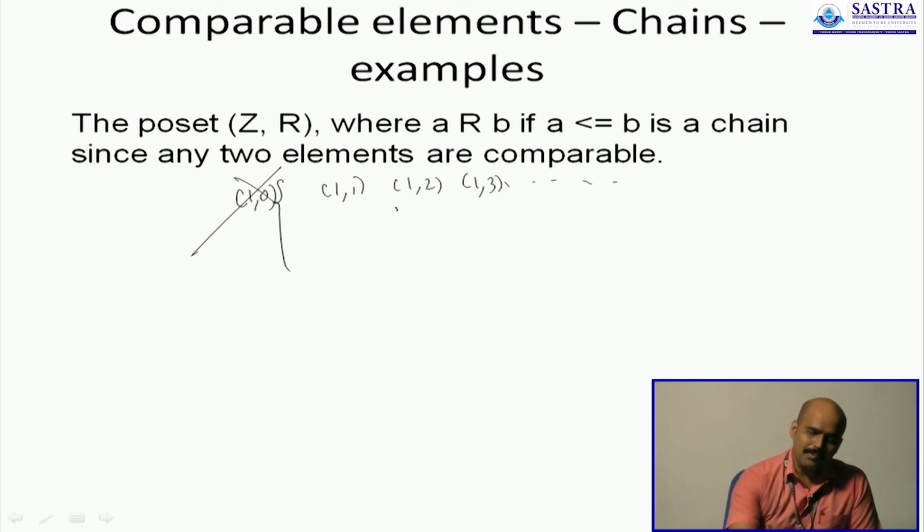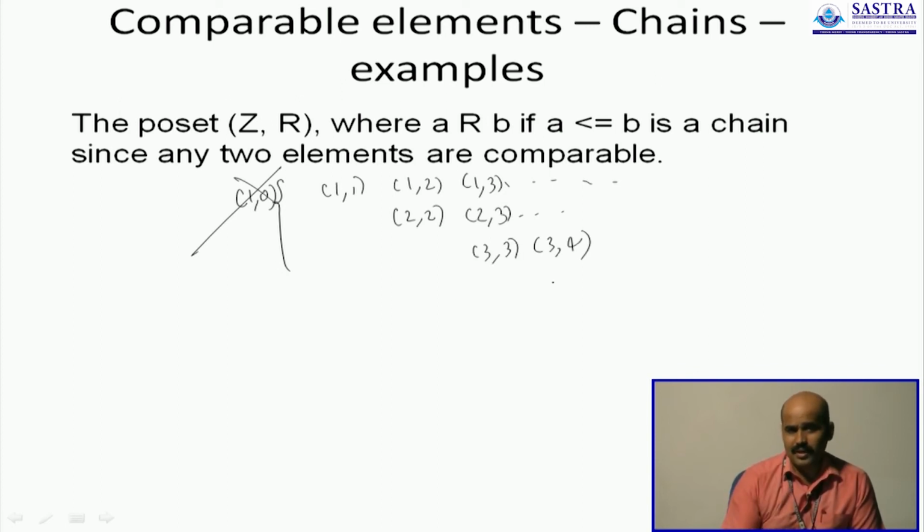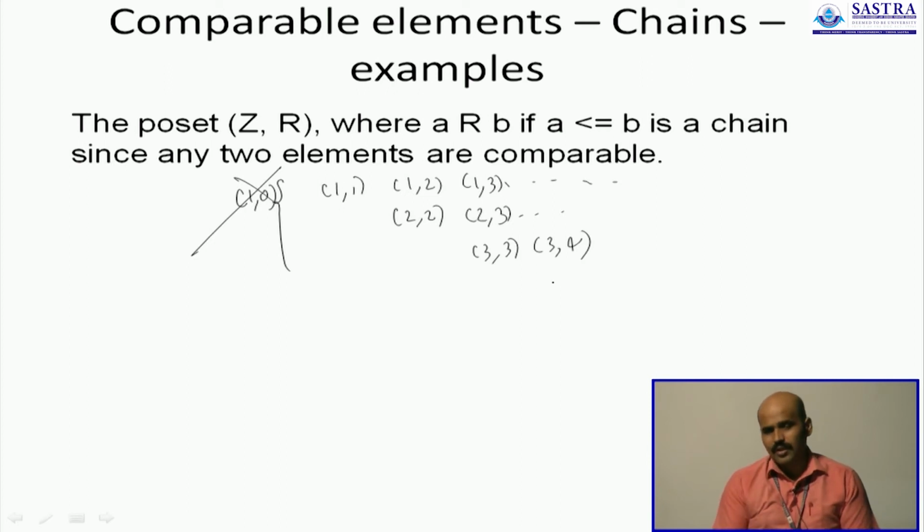You can similarly build 2 2, 2 3. You will not have 2 1, etc. You can start with 3 3, 3 4 and build the relation up north. You will still find that A is always less than or equal to B, and that is why we have this poset before us. Let's try and verify if it is actually a poset, because you know that a poset needs to have a partial ordering, a relation that is all of reflexive, antisymmetric and transitive.